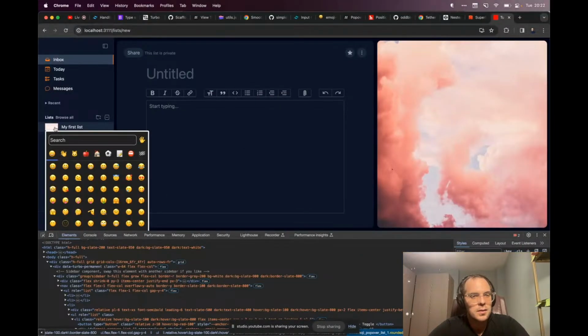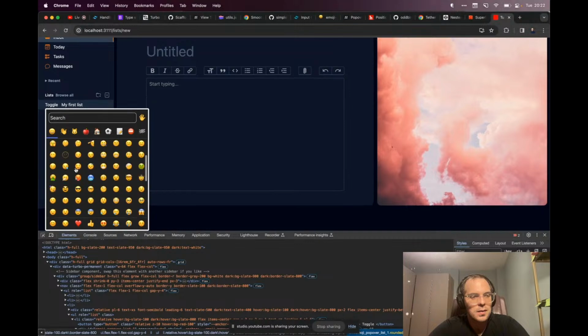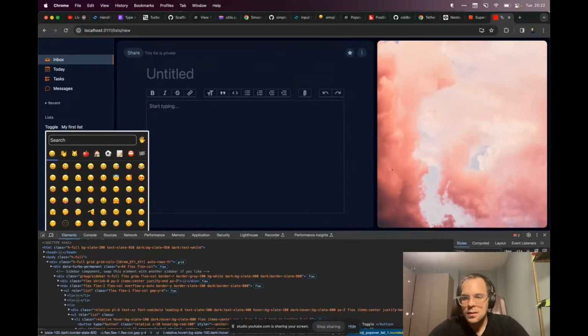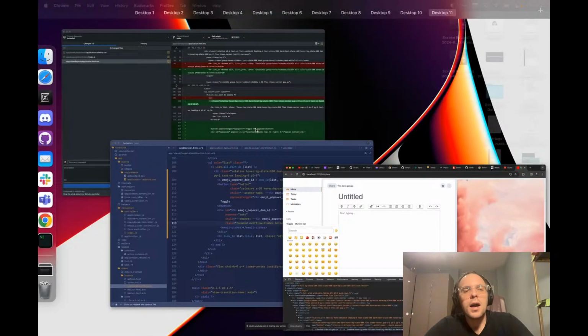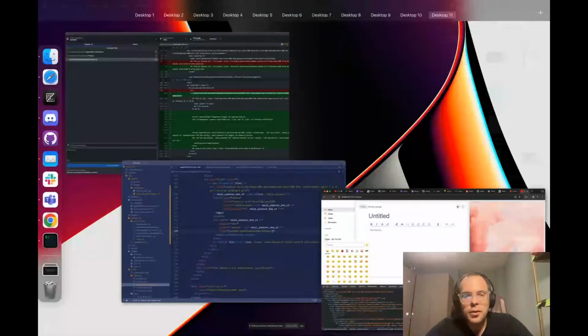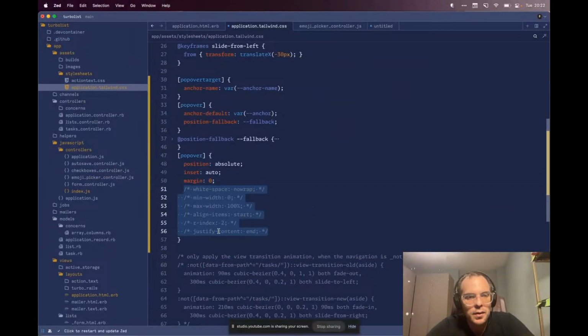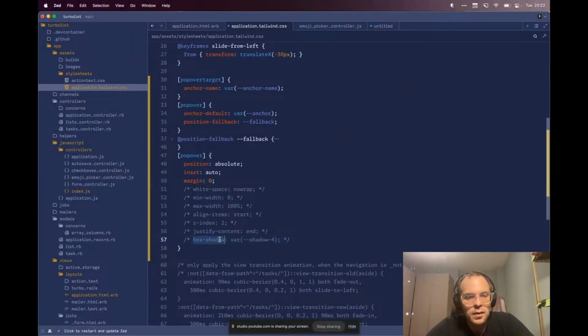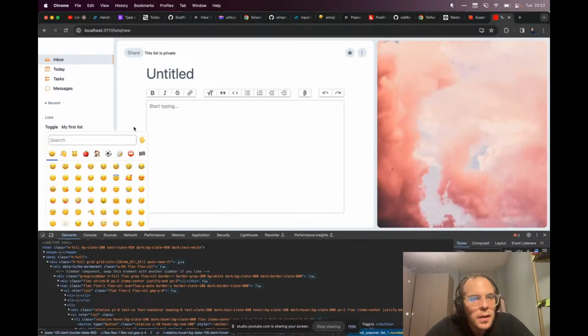Please. It must be a box shadow. We had, let's bring these back. Or an outline. Yeah, you can see it there. Must be default